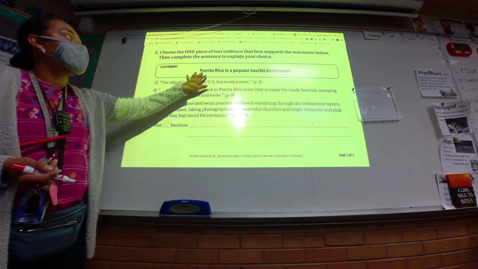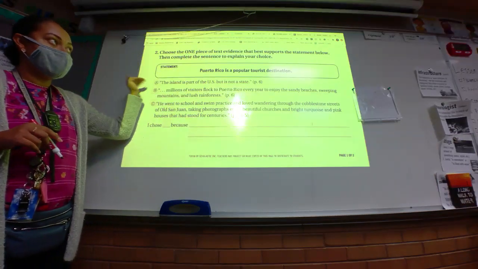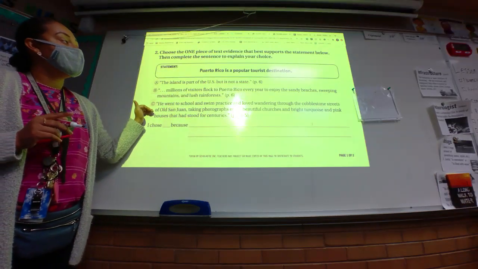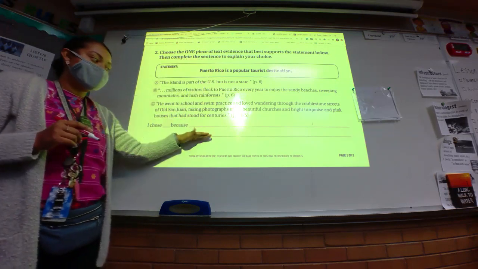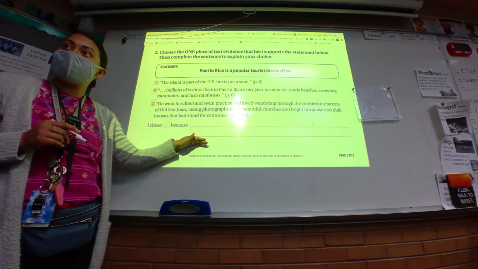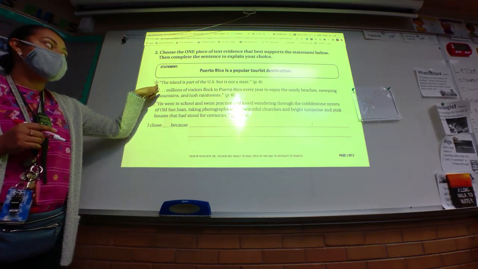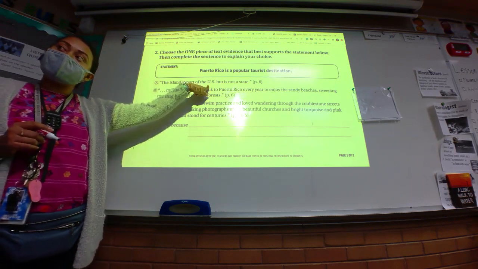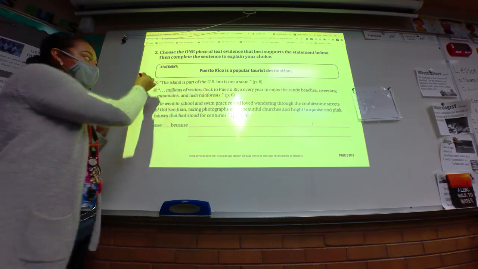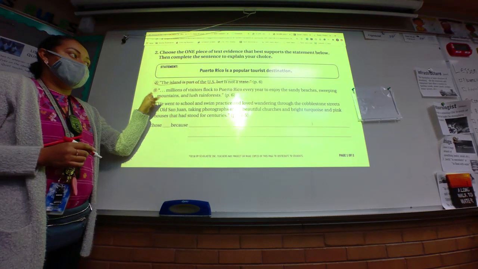Okay. So choose one piece of text evidence that supports the statement below, A, B, or C. Then complete the sentence down here to explain your choice, okay? Okay, so A, does this explain why Puerto Rico would be a popular tourist destination? No, so let's cross it out. B, oh,